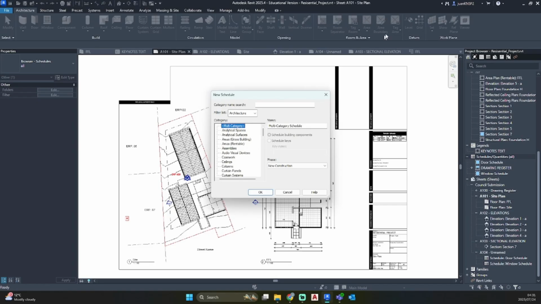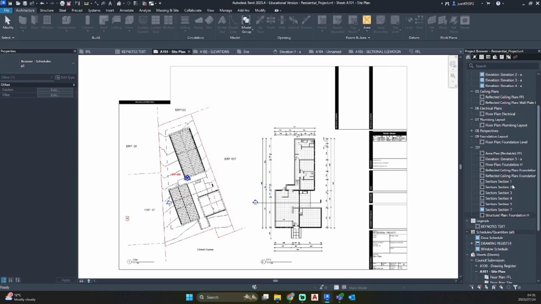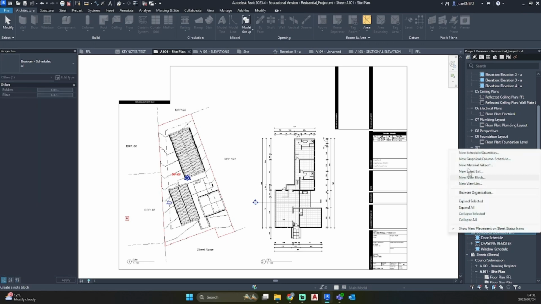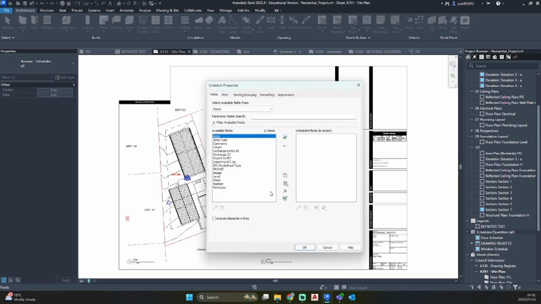So we clicked on our area tool, and now you need to go and find that page that has been opened up. So my area plan used a rentable space, as you can see next to the name. So now I'm going to right click on schedule, new schedule of quantities, areas, rentable, and hit OK.